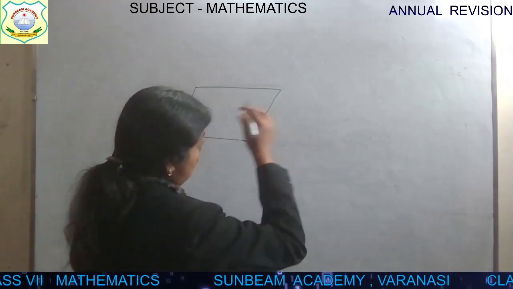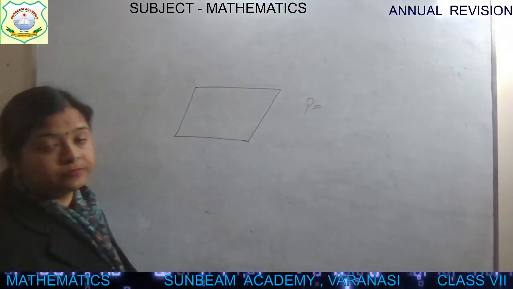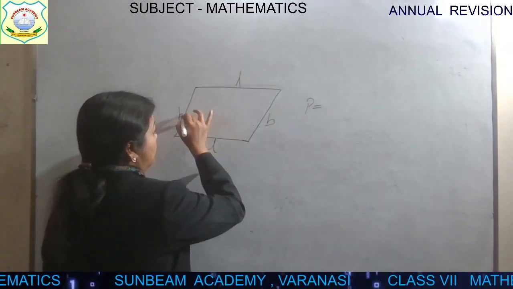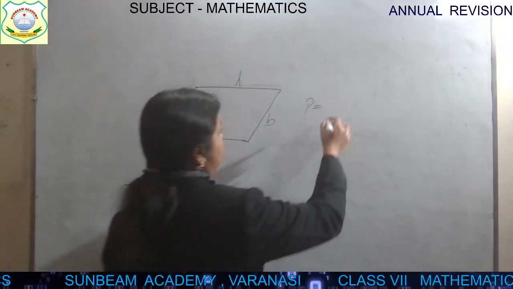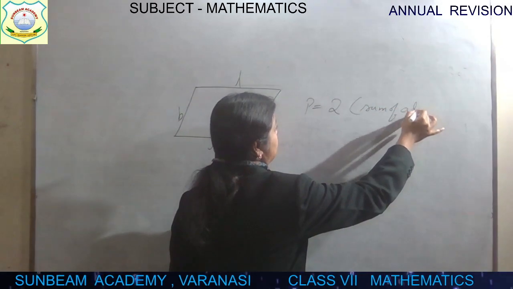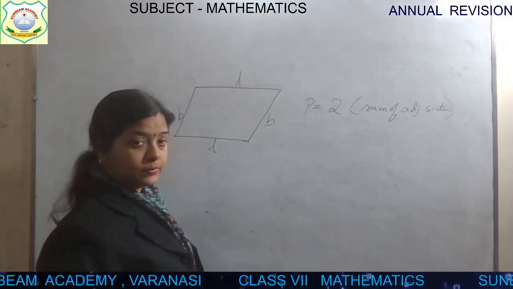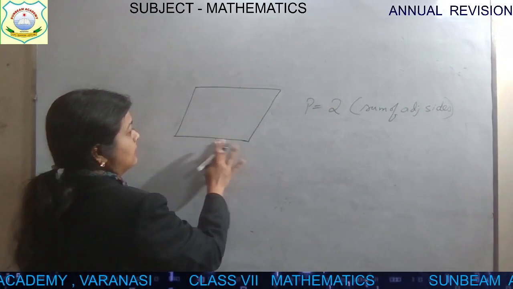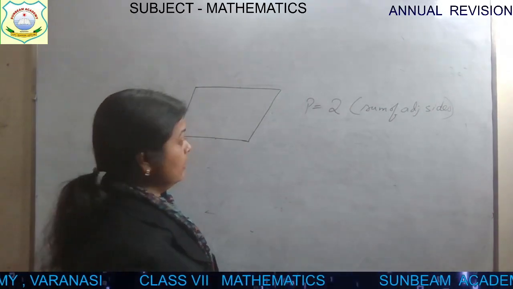Here what will the perimeter be, beta? The perimeter will be the same. Look, opposite sides of a parallelogram are equal. So if this is L then this is also L, if this is breadth then this is also breadth. So the perimeter is 2 into (L plus B), 2 into the sum of adjacent sides. It is said this way because it is not called length into breadth. So 2 into sum of adjacent sides. Add the adjacent sides and take twice of it. This is the perimeter of a parallelogram.